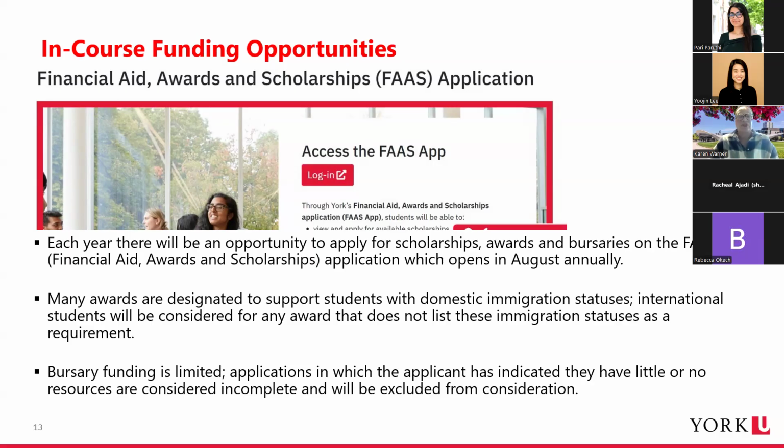And then the other piece is to provide a need assessment or complete a need assessment form. So again, many of our awards are financial needs based. They do have a financial need criteria. And so we ask you to go to the finances tab of the FAST application and complete the need assessment, which will assess what your level of financial need is. We do have an undergraduate bursary program. Bursaries are largely financial needs based. So all international students who complete the FAST application who demonstrate financial need will automatically be given some consideration for